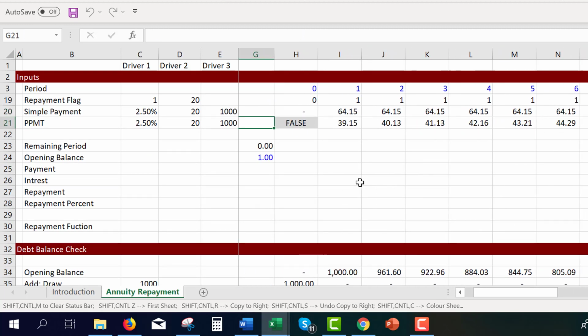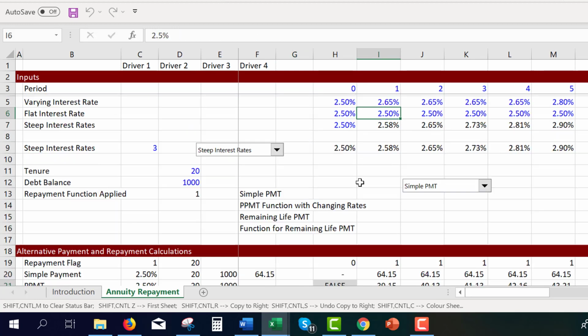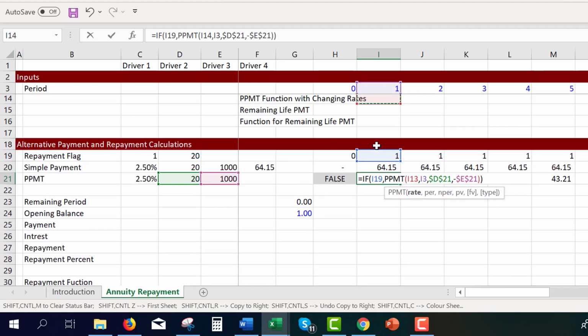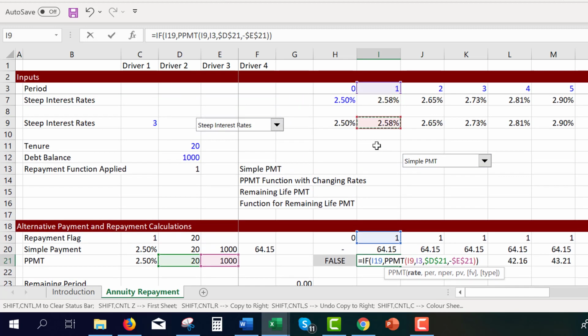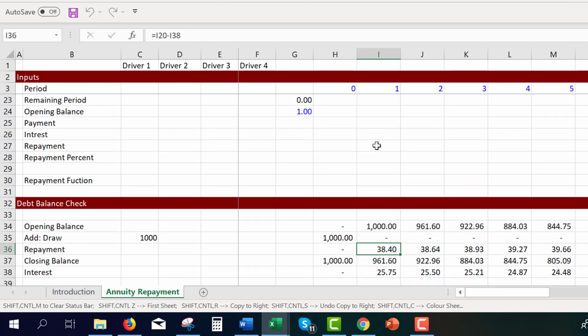And if we were even fancier, and in our repayment, let's say, maybe we should use this PPMT, and when we use this PPMT, maybe what we could do is, instead of putting this interest rate right here, maybe this PPMT will really help us, and maybe we can just put this interest rate for the PPMT in, Shift Control R, okay, and then maybe down here when I put this repayment, let's now put a little function in here, and let's put an equal choose function,